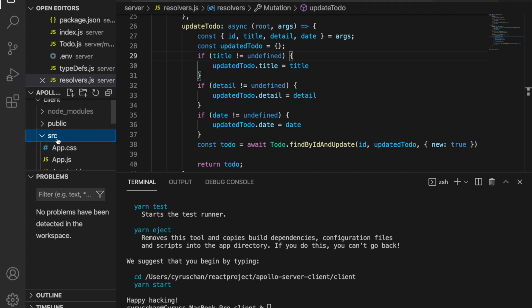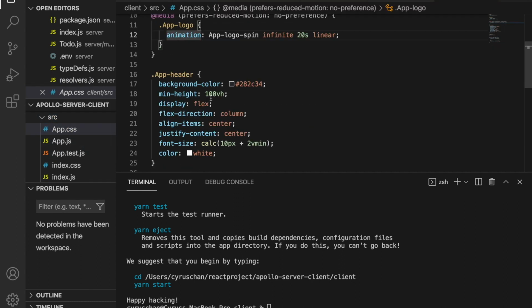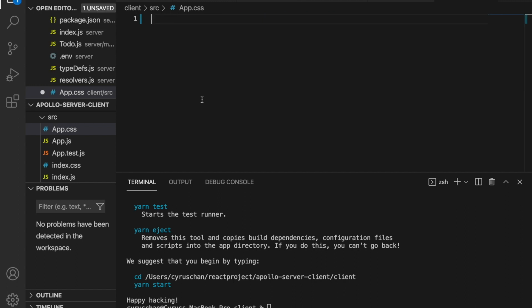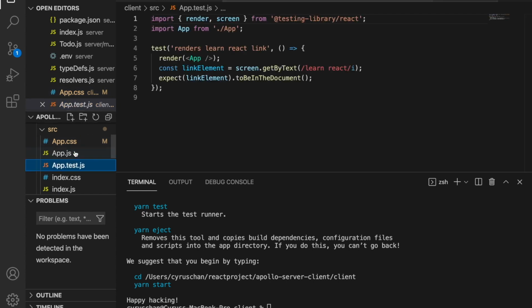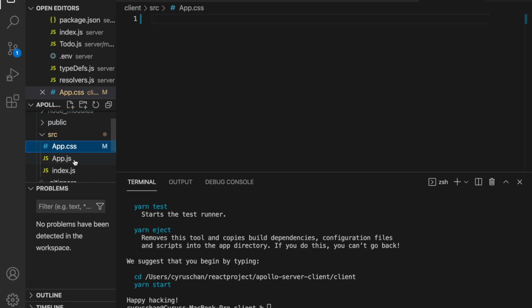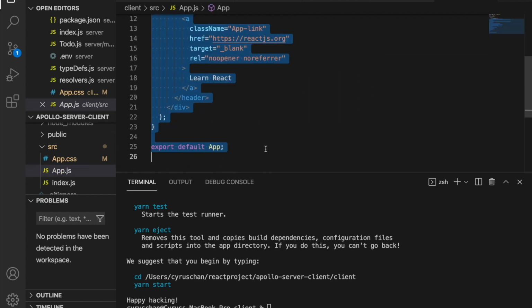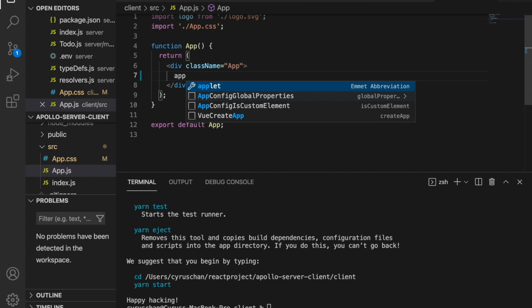After we already finished the React app, we are going to delete those unnecessary files. For example, we do not need this app.css. We just delete all of this, because later we will also use this file, but we will create our own CSS. But we do not need this index.css, and also this SVG, and also these two JS files. So we right click and delete this, and then we go inside the app and delete all of the content, and we just type app,